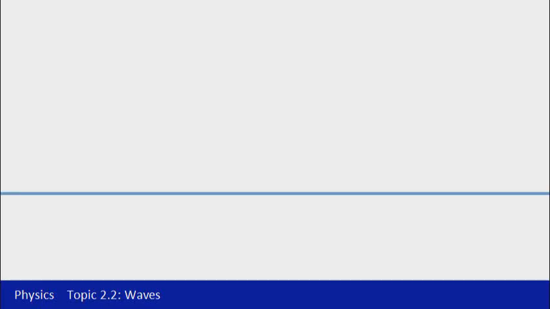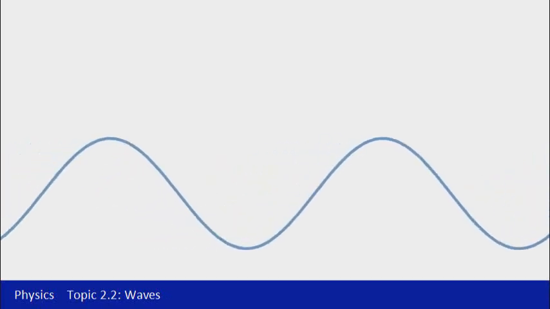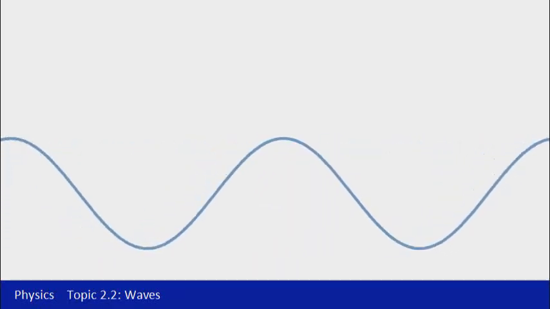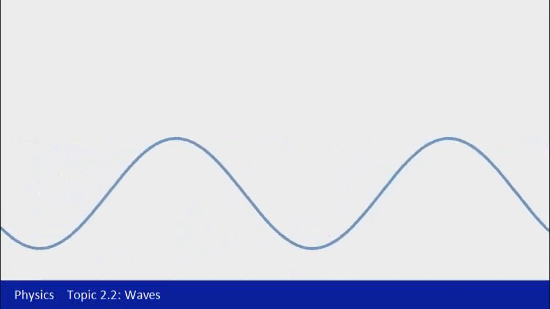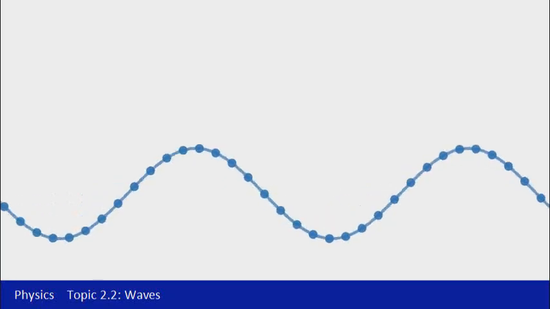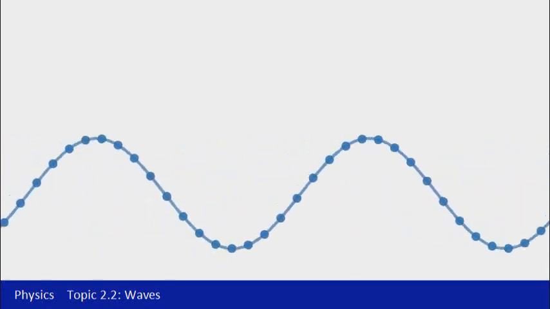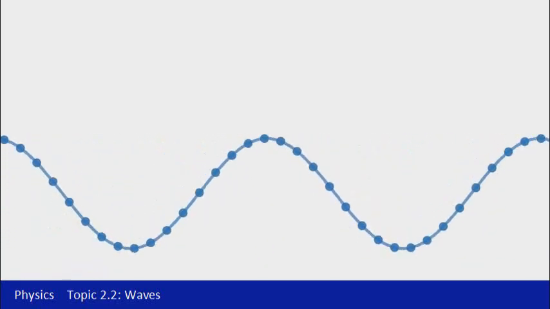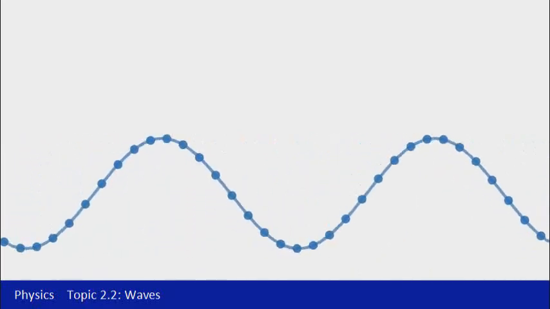To represent a transverse wave, you can imagine this blue line is representing, say, a string or a rope. We're going to pass a wave through it, which would look something like that. Now, in order to demonstrate the idea behind a transverse wave, we're just going to go back and look at individual particles that exist on the wave. Those little dots represent a particle in each part of the rope. If we pass the wave along in this sense, you can see the particle motion compared to the wave direction.